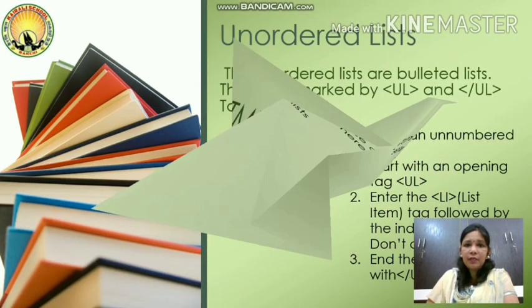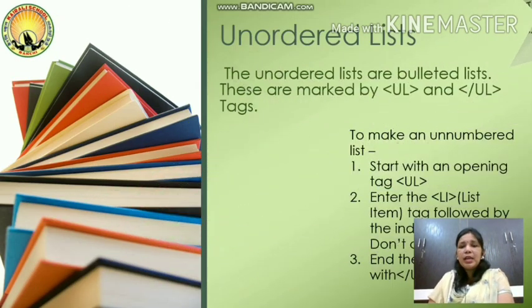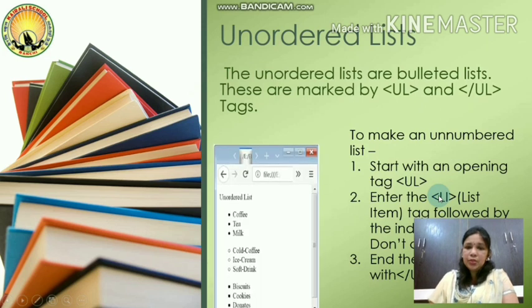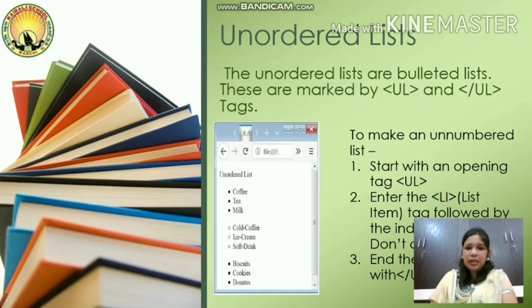So let's start with unordered list. As I told, if you want to use some bulleted numbers and all, you will be using it. So here, unordered list will always start with UL and it will be closed by /UL. And in between this starting and end tag, whatever list items you have, you will be writing those list items with LI tag. Okay, I'll show you practically how it has to be written. So this way the unordered list can be displayed.